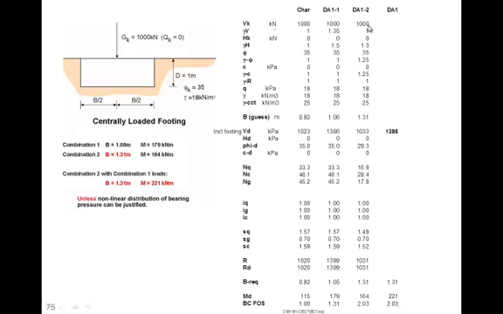Combination 2, on the other hand, we start again from the vertical load of 1,000 kilonewtons. We have a unit factor on permanent load, so even though we've added the weight of the footing, the load is still only 1033 kilonewtons here. But now the 35 degrees has to be factored down by a 1.25 factor, and so the design angle of friction is 29.3 degrees, giving us lower values for Nq and Nγ, lower than we had when it was unfactored,